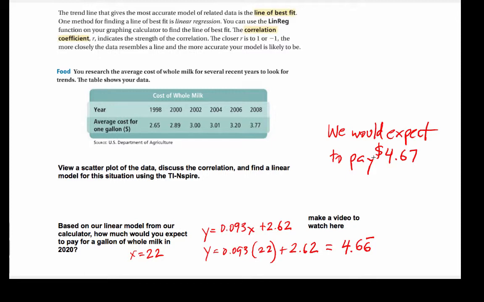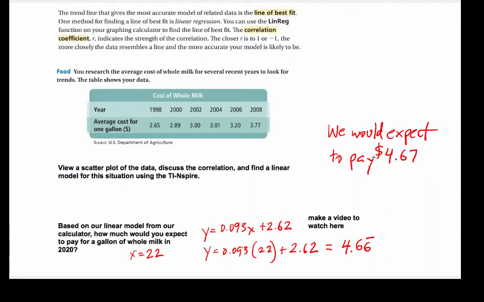Like I said, guys, this lesson is very important. If you take a statistics class, you're going to get into this a lot more. You're going to talk about the correlation coefficient a lot more, and different types of regression a lot more. But for now, what we have to be able to do is take data, display the data, model the data with a trend line, write the equation of that trend line, and then use that equation to answer questions and make inferences